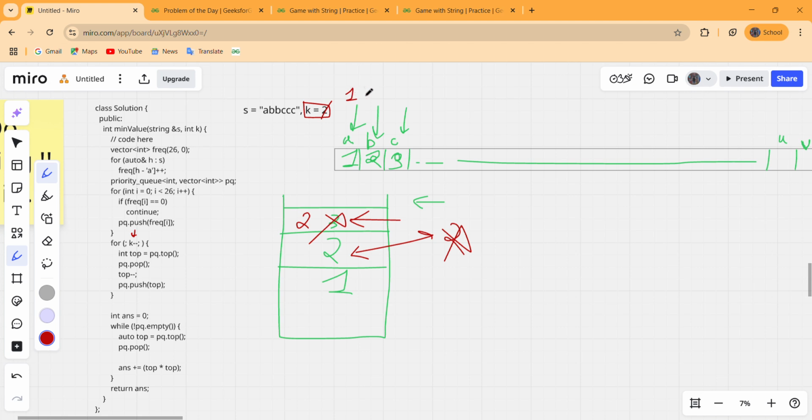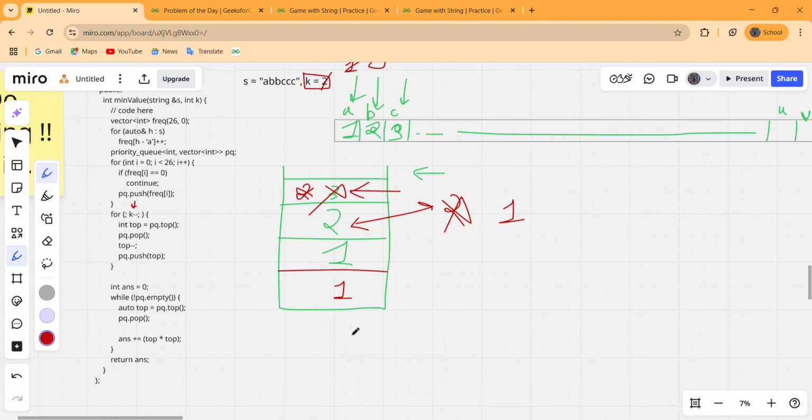Now k is 1, so k is now 0, and we have to pop out our top element, that is this 2, and make it as 1, and again push that inside our priority queue. So this will be like 2, 1 and 1, and finally